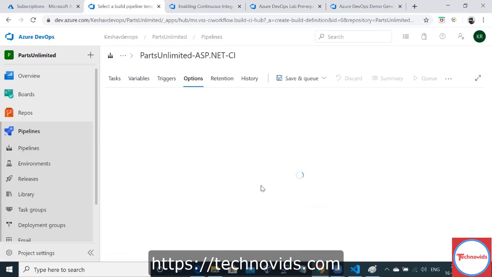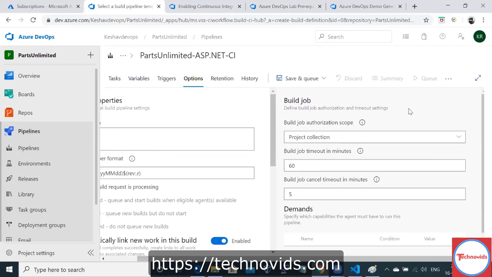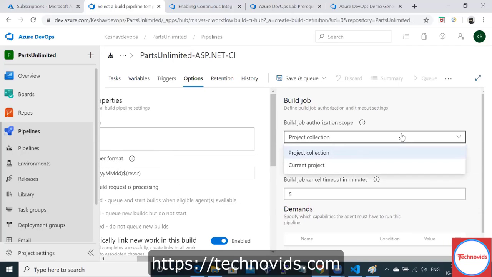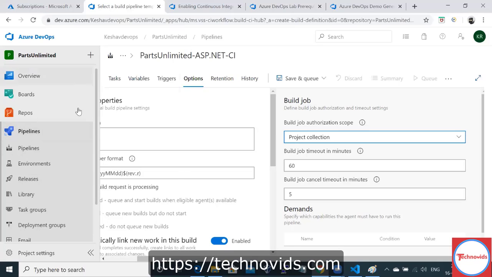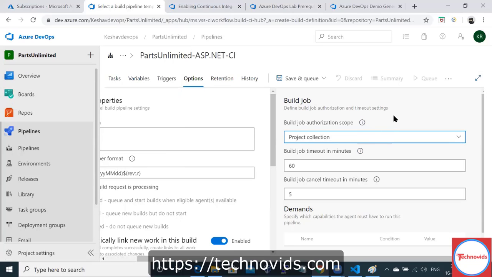There are some options as well. Let's see what all options are there. Build job: define build job authorization and timeout settings. You can say the build job authorization scope is the project collection, the entire project collection, as in all the projects, enabling continuous integration across all the projects in the organization, which is Keshav DevOps.